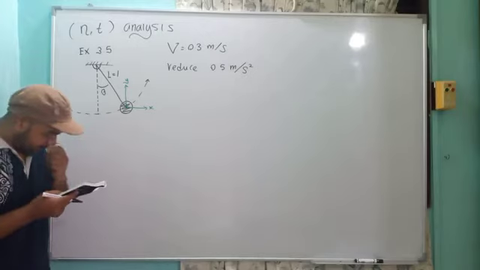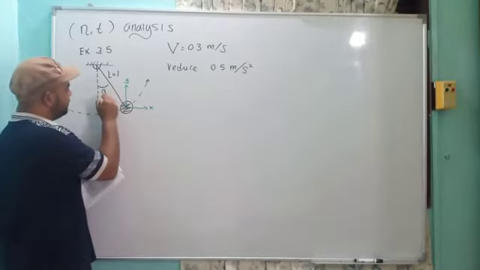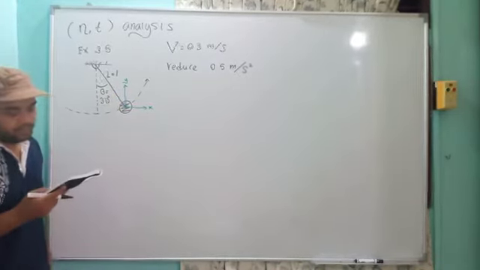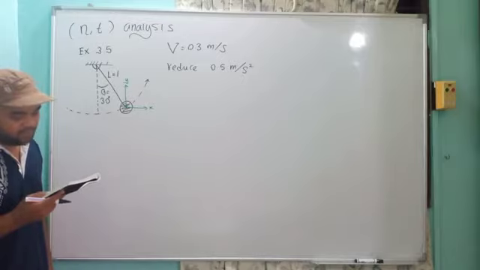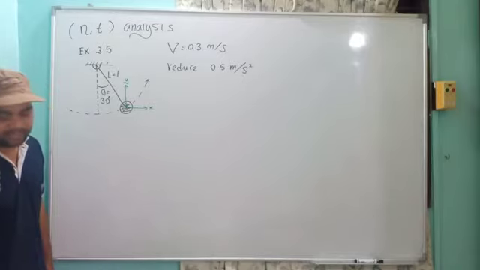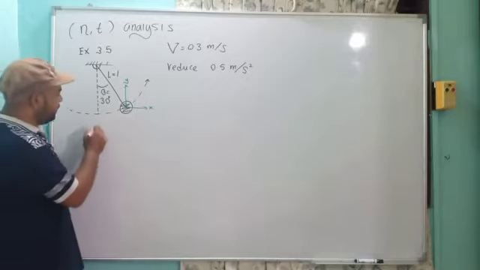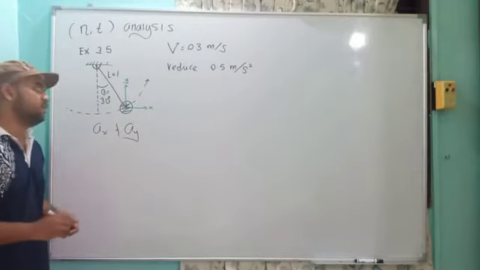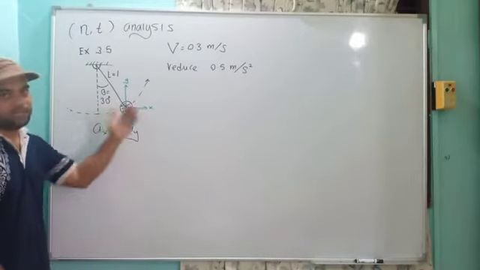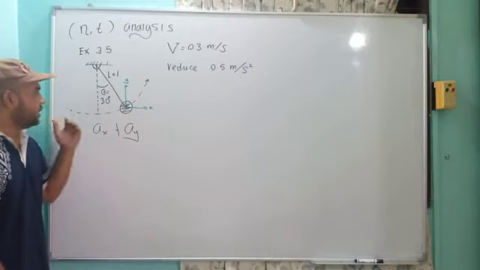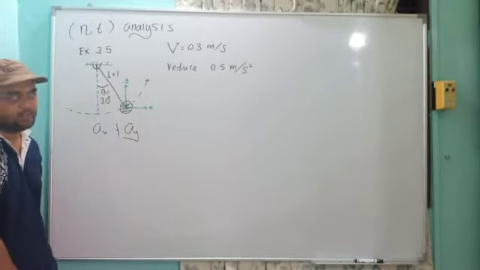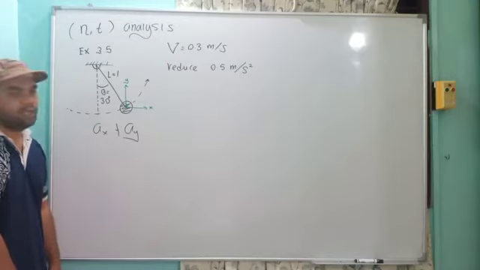When theta equal to 30 degree, theta as shown, determine the xy component of the acceleration for that instant. So you are required to find the ax and ay. So this is a combination. The first one, you need to use normal tangent, and after you get the A, you have to resolve into x and y axis. So your first task is to calculate what is the value of acceleration.